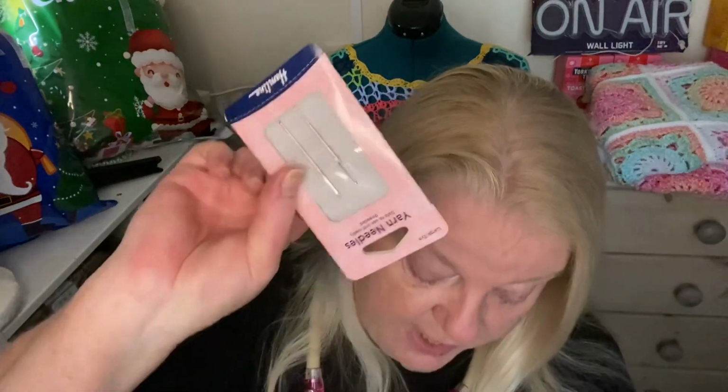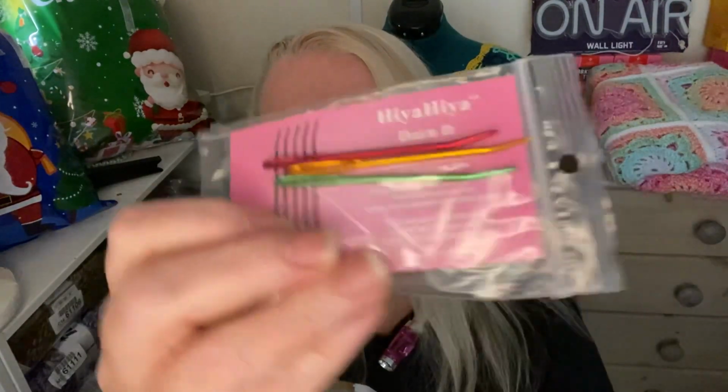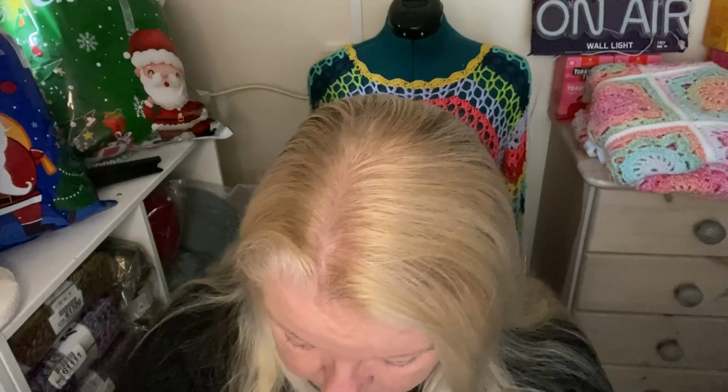We've got various other sewing up needles. We've got plastic ones, different plastic ones. We've got different metal ones, all brightly coloured with the bent ends. Is that a good way of describing it? Probably not. There's probably more, but